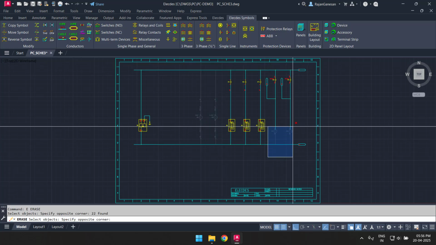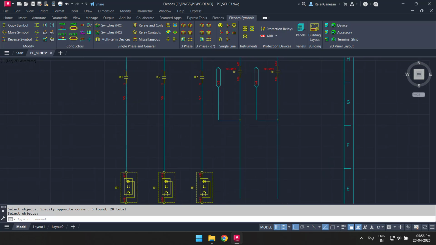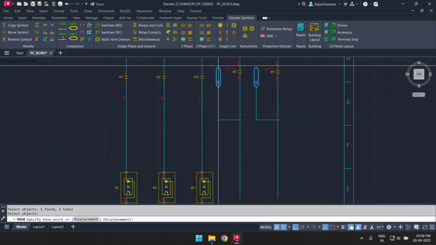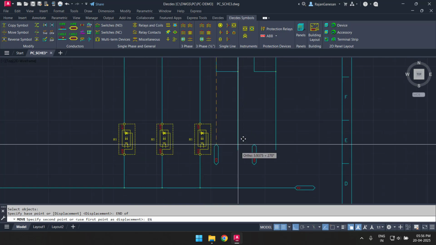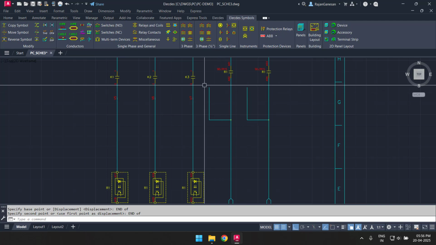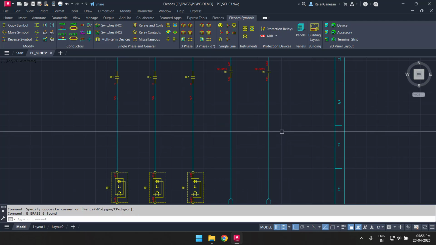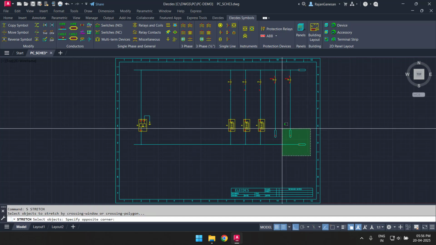Global Editor takes a snapshot of the database from my project. It allows me to easily identify and group components, then efficiently rename and respecify those components. For example, I could find all of the wire numbers on a sheet and increase them by 50. I could also find all 10 amp fuses in my project and replace them with 20 amp fuses. Databases add a lot of power to electrical design.